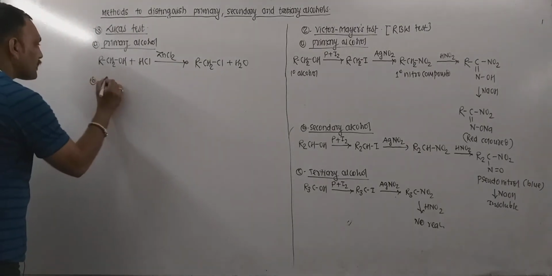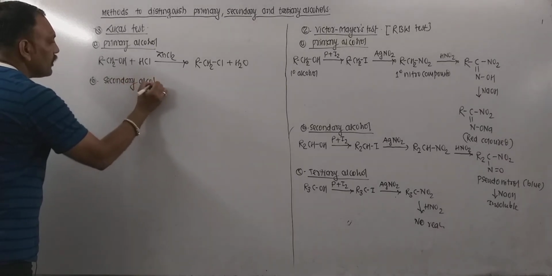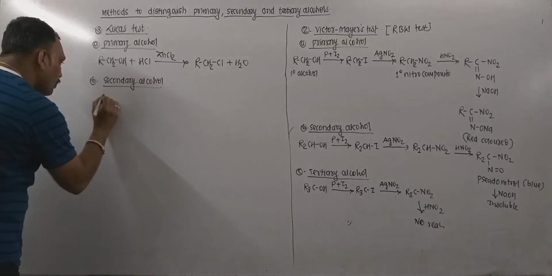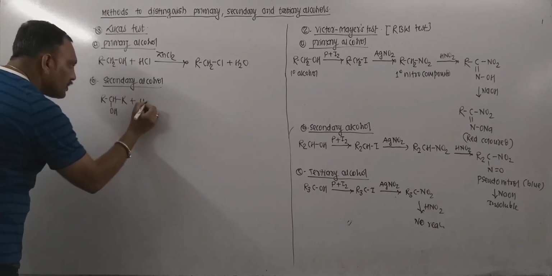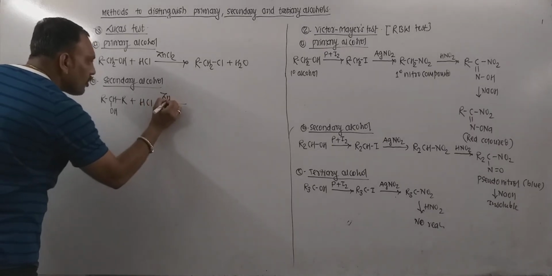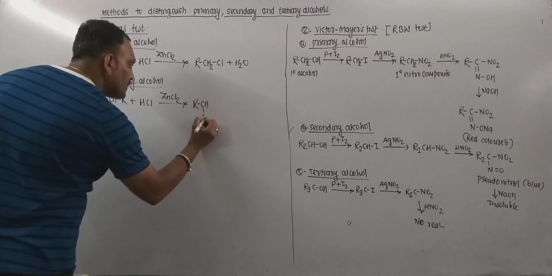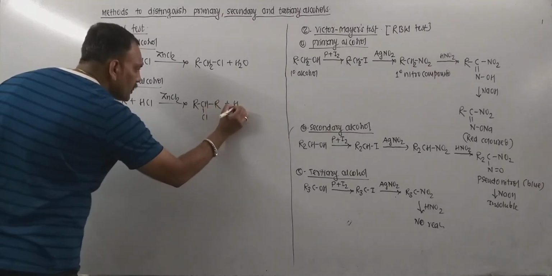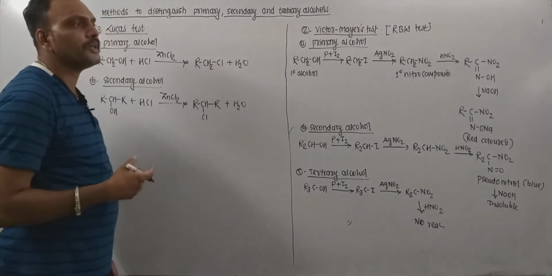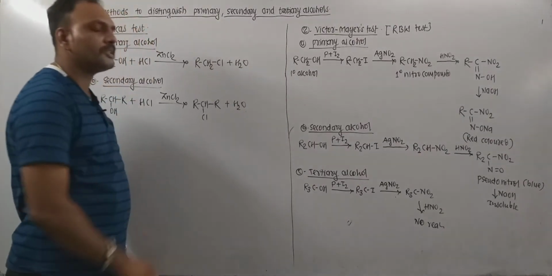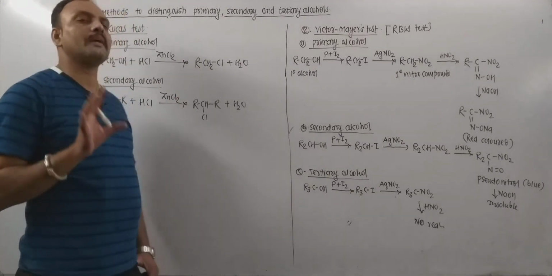Now what is the response of secondary alcohol? Remember, when secondary alcohols, which can be represented as RCHOHR, are treated with Lucas reagent, that is a mixture of HCl and dry anhydrous ZnCl2, then secondary alkyl chlorides are obtained, and that can be seen by the turbidity appearing in the solution due to deposition of the precipitate of this product. And remember, the time taken for this change is merely 5 minutes.